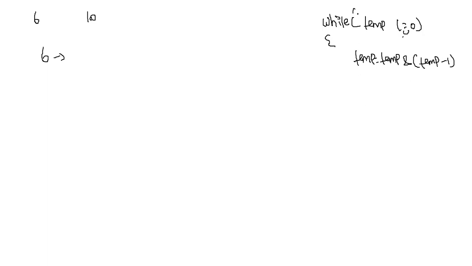So take a variable called count, initialize it to 0 and increment this value. This has to be present inside the for loop, because for every number, that is for 6, 7, 8, 9, 10, we have to find the total number of set bits. So for that we have to initialize the count value as 0. For 6, count value will be 0 and we'll find it. When you go for the number 7, count value has to be 0, we have to find the count of set bits. After finding the number of set bits, we have to check whether the count value is a prime number or